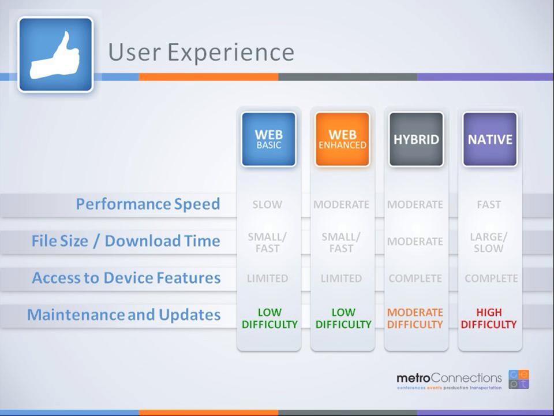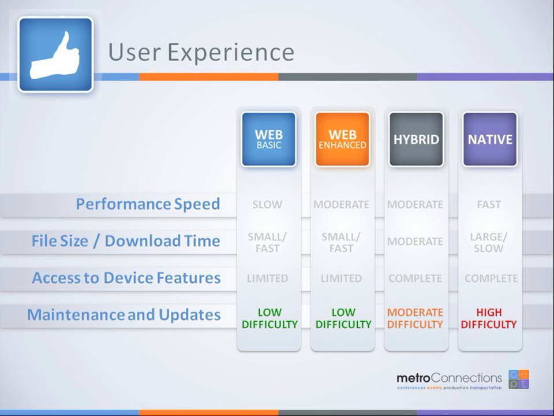So although for both hybrid and native, those types of updates get pushed through the stores pretty quickly, you're still, as an attendee, going to get a notification that there's a newer release out. And that's just like, go back to the Angry Birds example, when they put out new puzzles, then you're told you need to download an update for the app. So those are the kinds of things that'll force you into the maintenance.